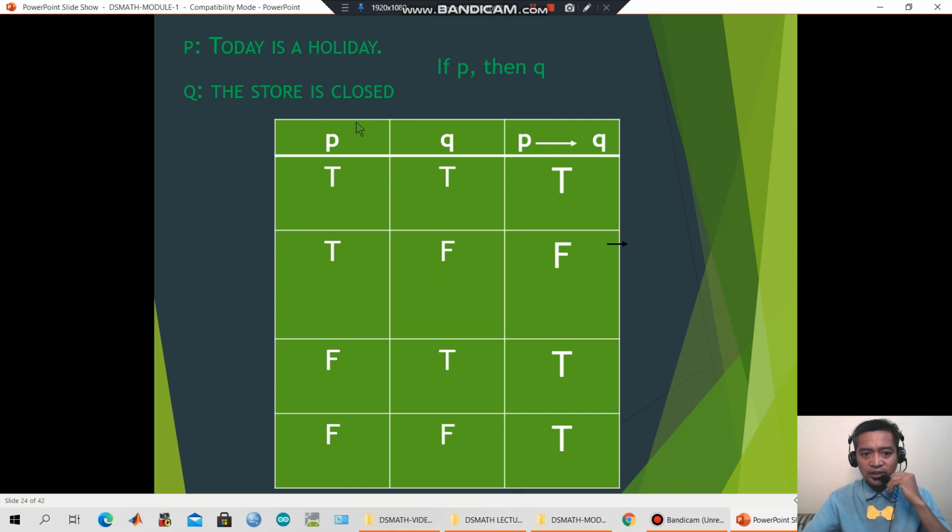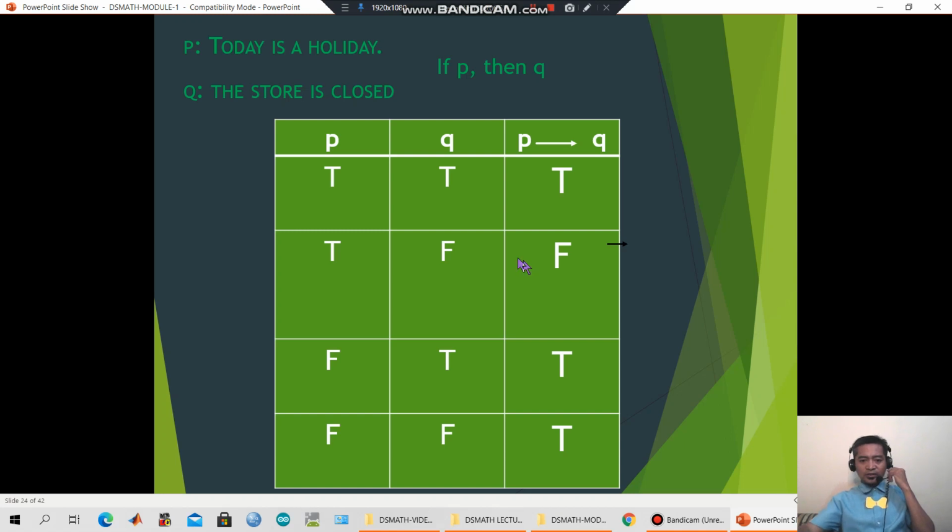So, actually, dun sa definition, pag true, false, false na. So, ang ibig lang sabihin dito, okay, today is a holiday, pero open siya kasi not close, so false siya. Obvious tayo na false siya. Okay,